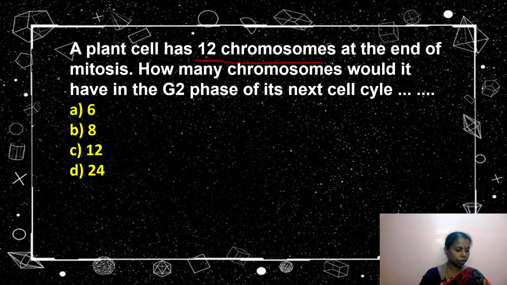Yes, Tarunika, Lakshita, Vivek, Kalpana and Jeevan, Netaji, it is the correct answer for the previous one. Very correct answer. Excellent answer by you all. Now for this question, Arvind Shah, that was an excellent answer. This is again, you have to think and answer. The plant has 12 chromosomes at the end of mitosis. How many chromosomes would it have in G2 phase of the next cell cycle?